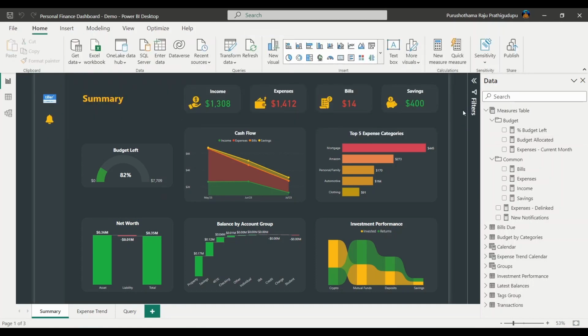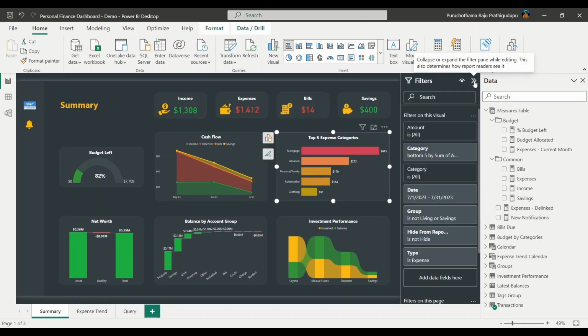We also need to update the filters on the visuals. So if you click on the top 5 expense categories visual and then expand the filters, you will see there are some filters applied to exclude the transactions of this transaction group as not livings or savings.